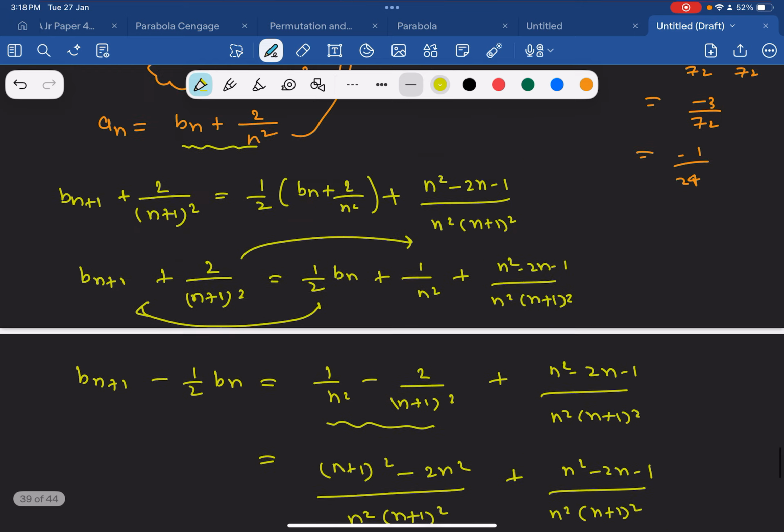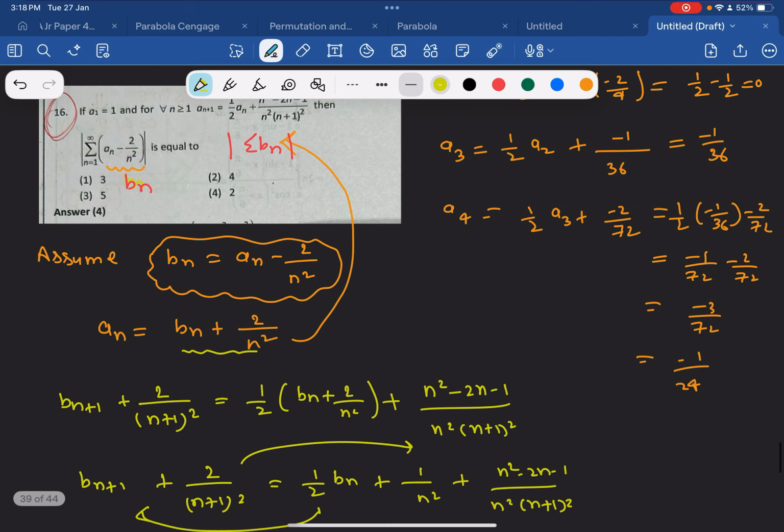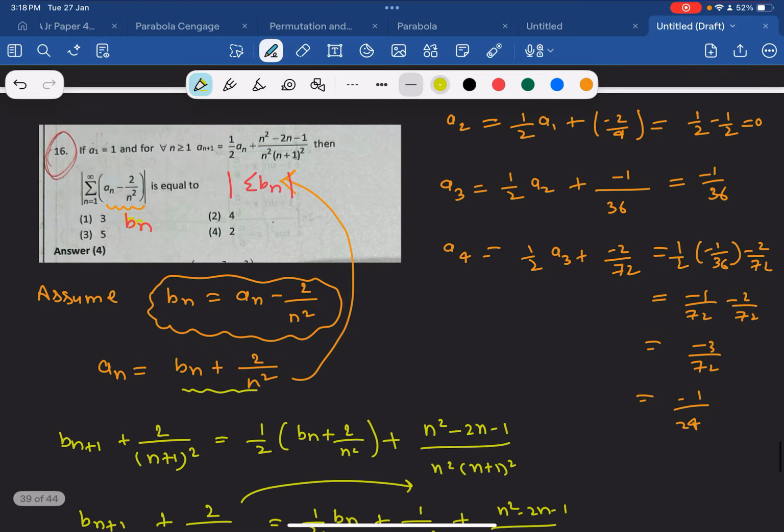Here how much are you getting? 16. I guess somewhere we made a calculation error in the A4 itself. So this will be 72. So minus